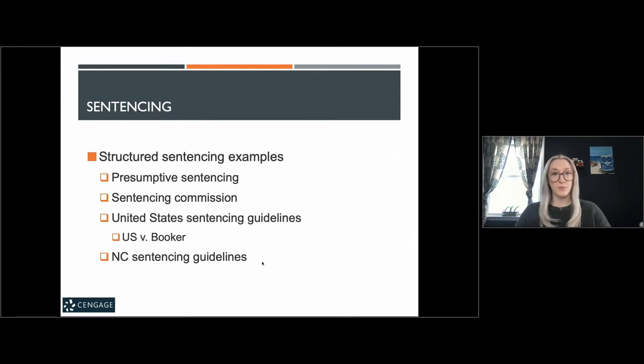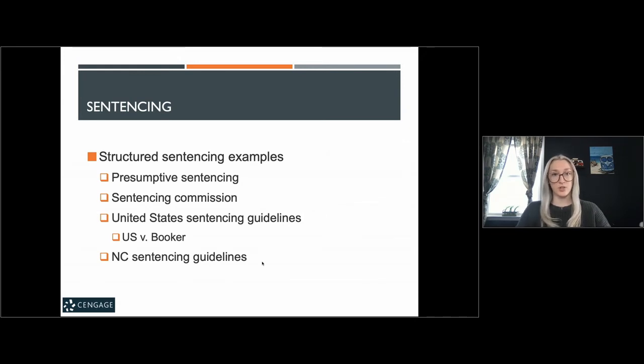Looking at the Sentencing Commission, they actually monitor how sentencing guidelines and judicial departures are being used, and they then make sentencing recommendations to the legislature so that we can make sure we're being consistent. So Pennsylvania uses structured presumptive sentencing zones. So violent crimes essentially will get more time than nonviolent crimes. And again, it's just for consistency.